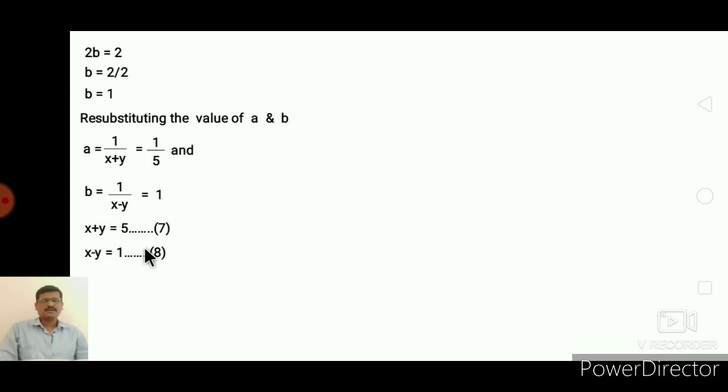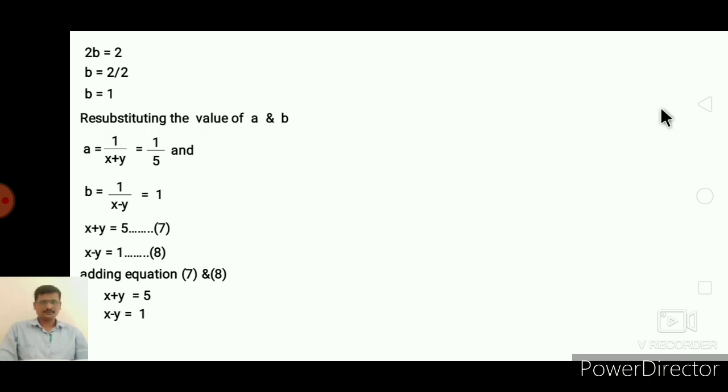In these two equations, both the variables have equal coefficients. Therefore, we can eliminate the x variable and also the y variable. If the signs of the equal coefficients of the variables are different, then addition takes place. Therefore, adding equation 7 and equation 8, we get x plus y is equal to 5, x minus y is